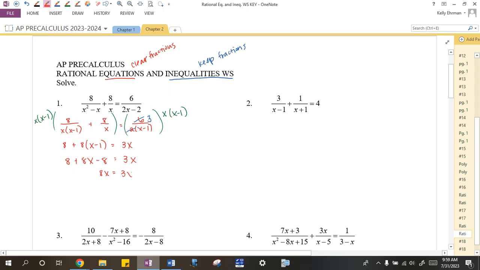Eight x equals 3x. However you want to do this. Maybe you solved it back there. I subtracted 3x over. If 5x equals 0, what does x equal? 0. But remember, for rational equations, we need to check for extraneous solutions, which means go back, and it probably would have been good for me to make a note of what the excluded values from the domain are. Because we have a denominator of x, x can't equal 0, and because of the x minus 1, x can't equal 1. So because my only solution is one of the excluded values, because that's extraneous, there's actually no solution